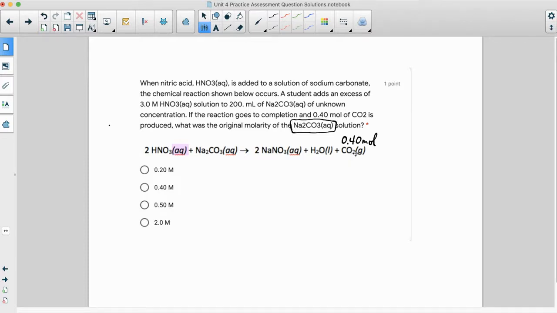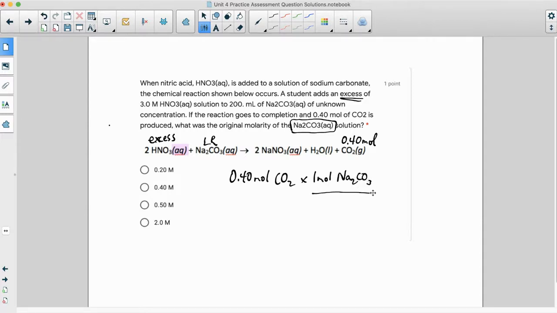So we can work backwards here to figure out the amount of sodium carbonate. Notice this is the excess right here, and this is the limiting reactant. So we can go from the 0.4 moles of CO2 and use stoichiometry. We can see that it's just 1 to 1. So 1 mole